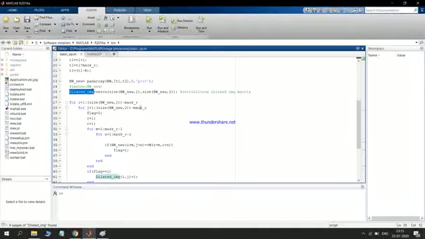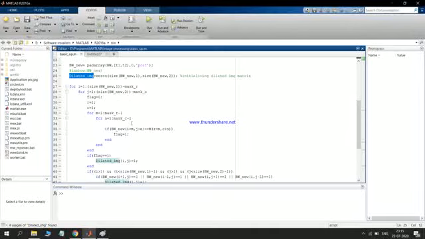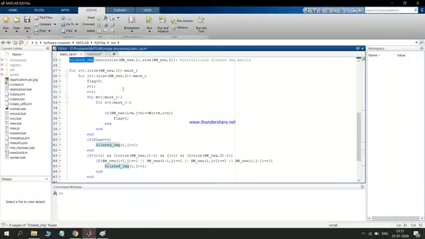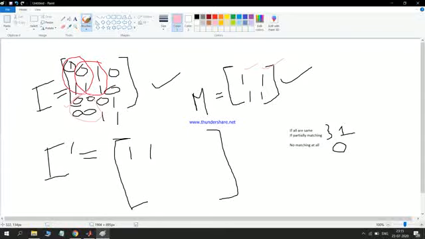Now I have run 2 loops for rows and columns, and the same thing which I told theoretically I have done for this. In this statement I am checking these 4 elements against the mask, and computing if any one of them is matching or not.